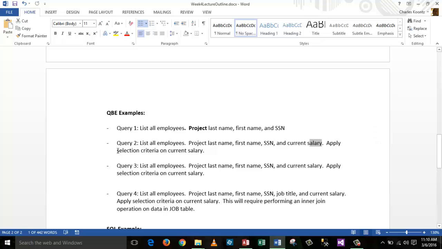And then I'm going to perform a second operation in that instruction. Besides projection, I'm going to perform a selection operation. And what that's going to do is allow me to determine which employees of a particular salary range I want to see. So I'll actually execute 2 instructions here. Let's go back to the database,